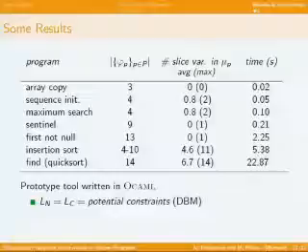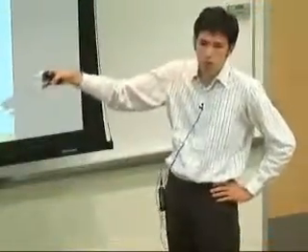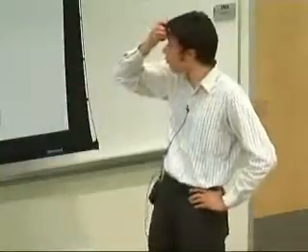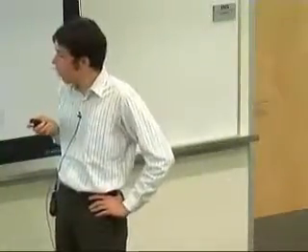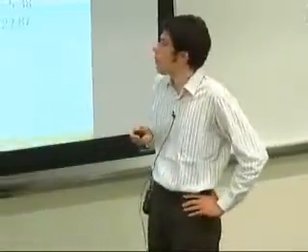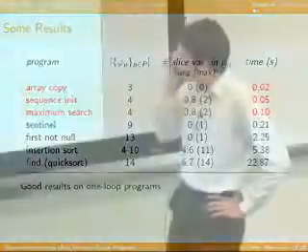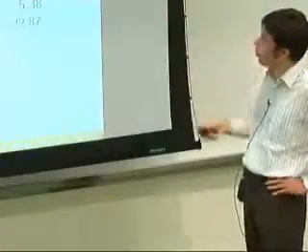So finally, it's time for results. So here is the list of simple programs we fully analyzed using potential constraints as lattice Ln and Lc. So first we have simple one-loop programs analyzed, like array copy and maximal search algorithm, in quite good time.